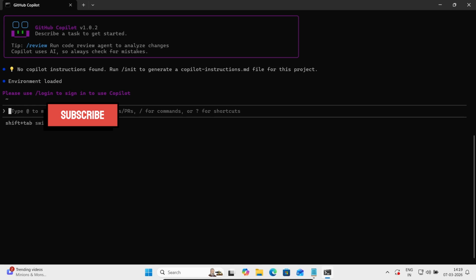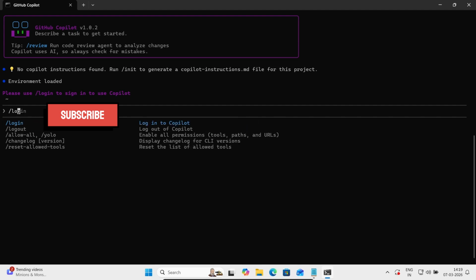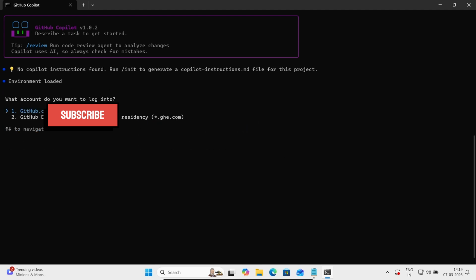So here write /login. Press enter. You can log in with a GitHub account or enterprise. Let's use the first option. This is working. And now here, press any key to copy to clipboard and open the browser. So when I press enter,